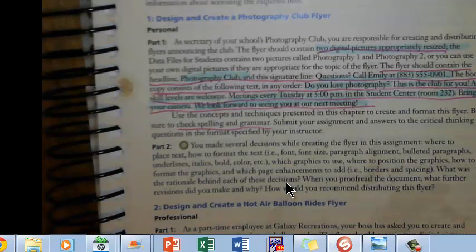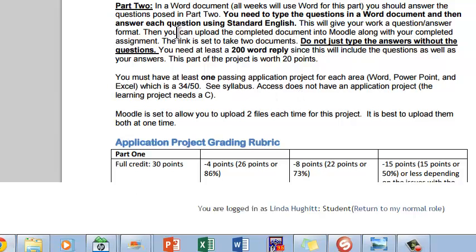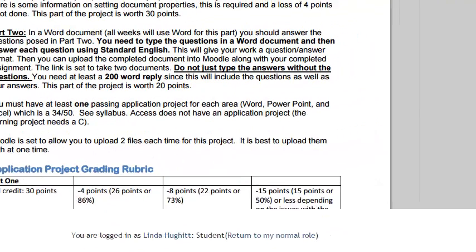And did I save after I set the document properties? Did I do that one last save? If I can answer yes to all those questions, then I'm ready to go over here to Moodle and upload